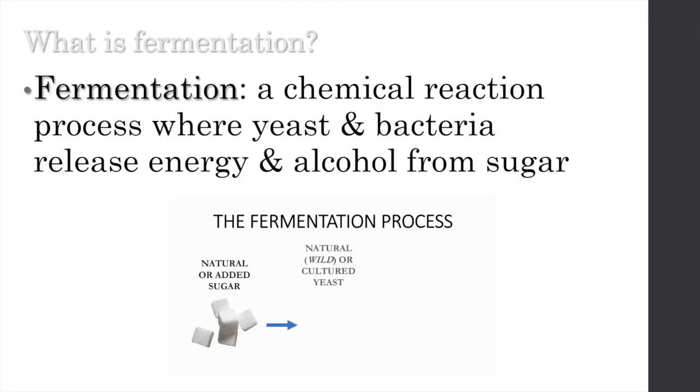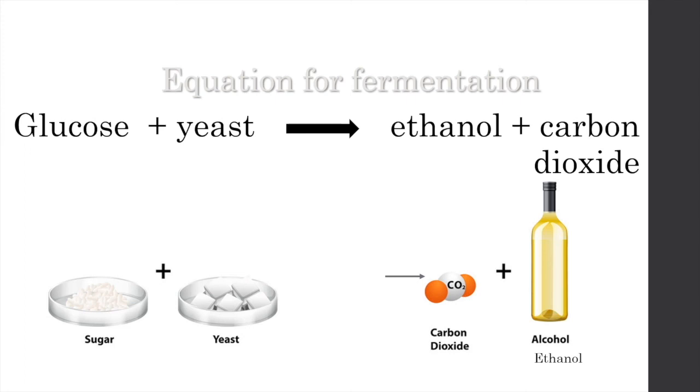Now, a daily observation of a chemical reaction is the process of fermentation. Fermentation is a chemical reaction process where yeast and bacteria release energy and alcohol from sugar. An example on where we can see fermentation is in our bread making process or in the manufacturing of beer and wine. So if we have a look at the equation for fermentation, we have glucose plus yeast gives us